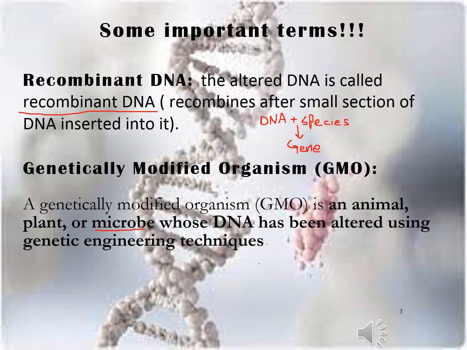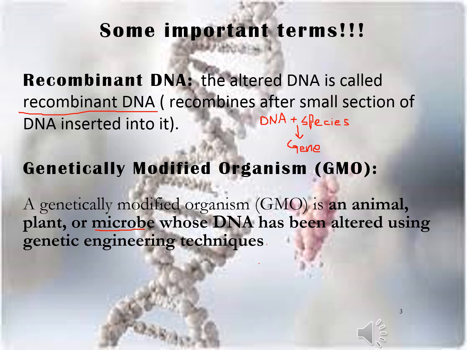Some important terms used in genetic engineering. Recombinant DNA. The altered DNA is called recombinant DNA. It involves using enzymes and various laboratory techniques to manipulate and isolate DNA segments of interest. This method can be used to combine DNA from different species or to create genes with new function. The resulting copies are recombinant DNA.